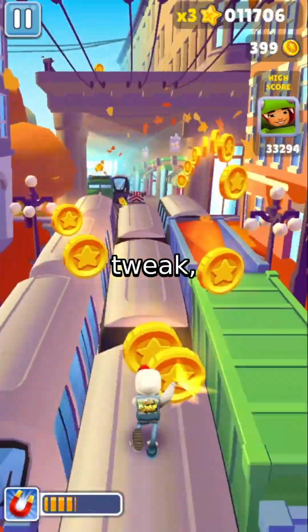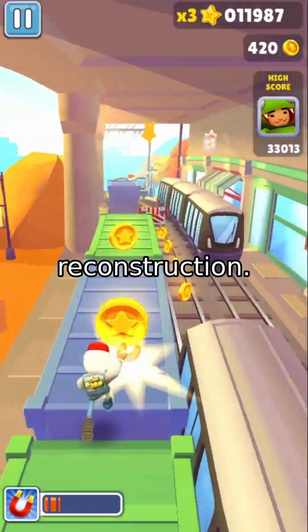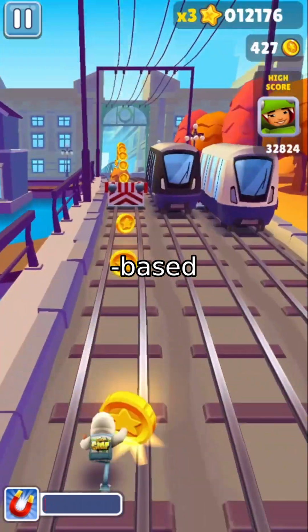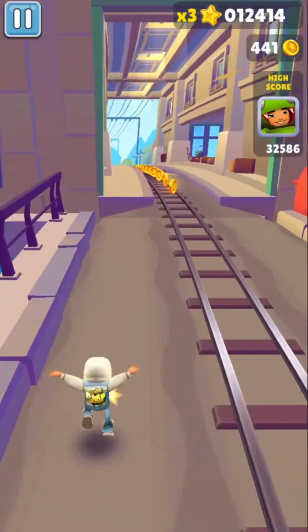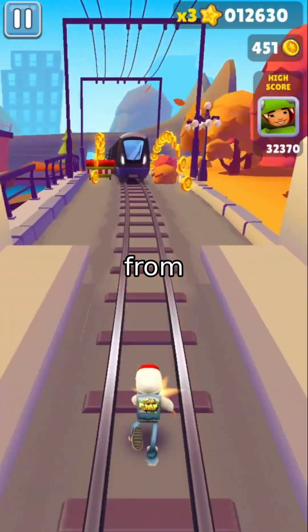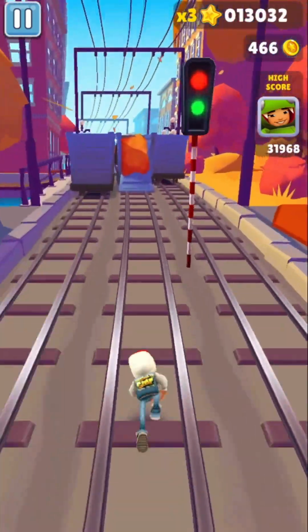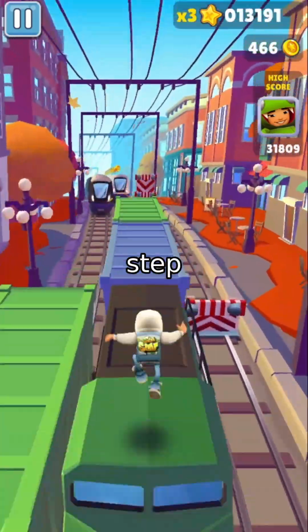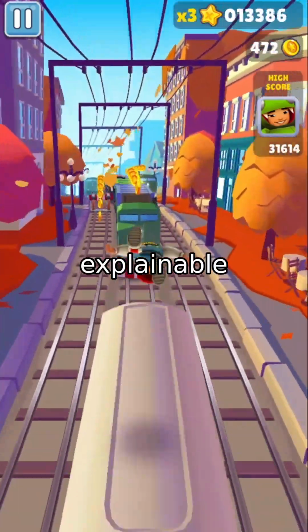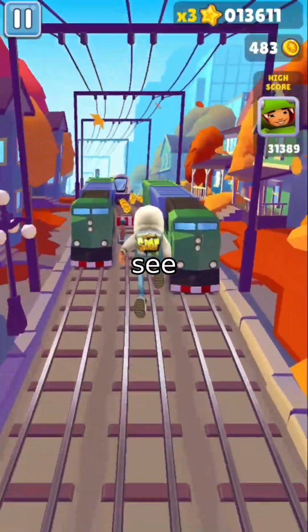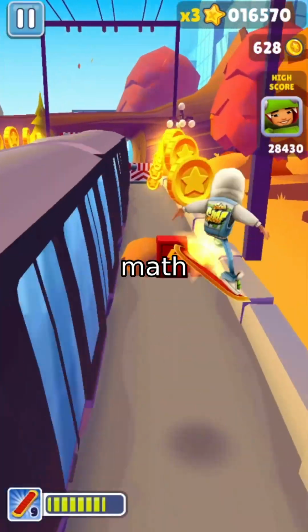This isn't just a technical tweak, it's a shift in how we think about 3D reconstruction. By blending physics-based modeling with modern computational tools, Gaussian splatting opens doors for applications from preserving cultural artifacts to inspecting industrial parts with pinpoint accuracy. And the best part? It's a step toward making AI-driven 3D tech more explainable and accessible. So next time you see a 3D scan, you'll know there's a whole world of math and a few glowing